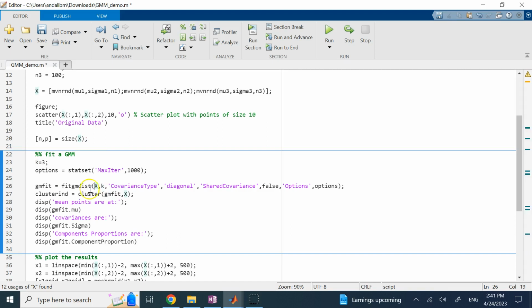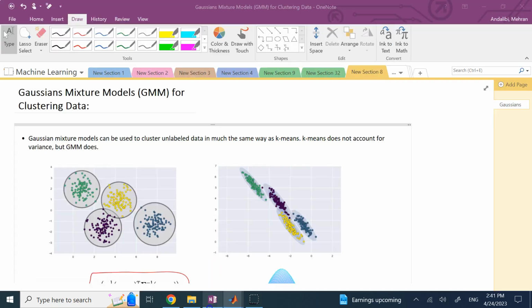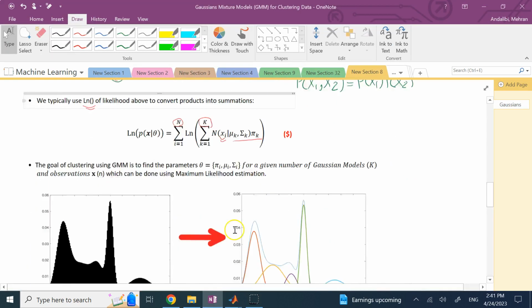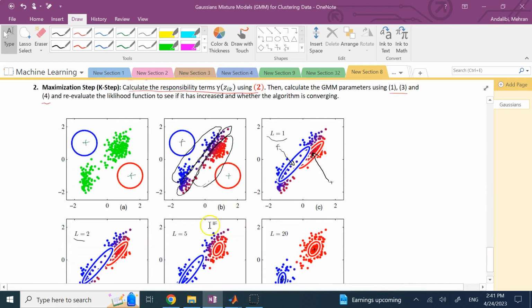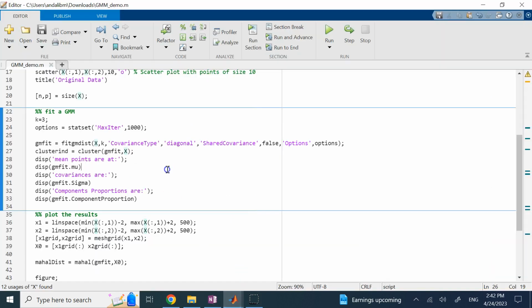Now I want to show you some information and do the plot, something similar to these guys. I want to show you some plot like that, and I want to show you the pi's, mu's, and sigmas that my algorithm has converged to. So I want to show you those. So how do I do that? So when you get this fitted model, and here I call it GM fit, there is one